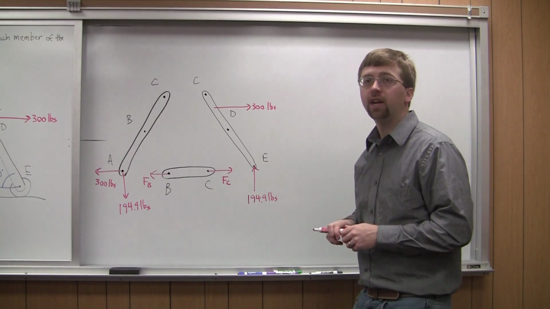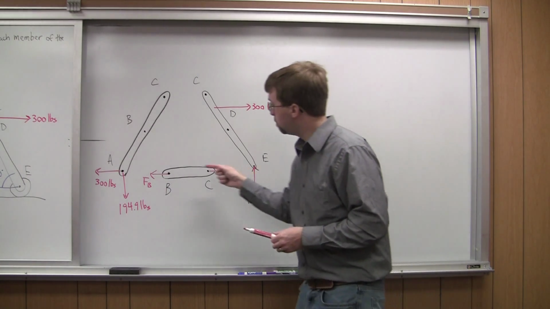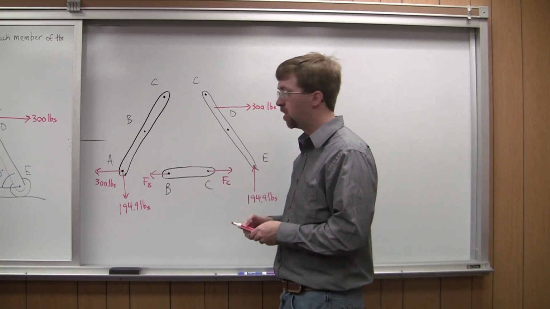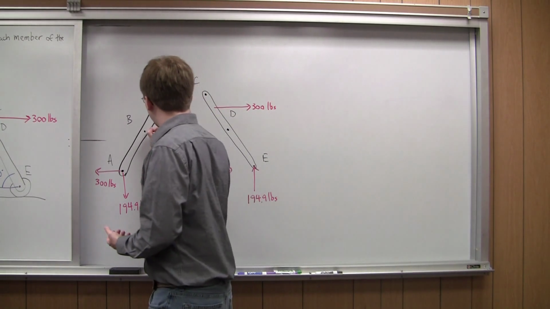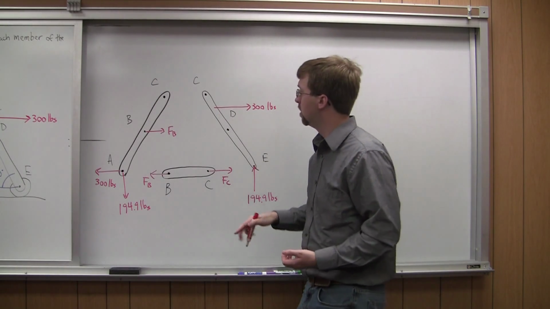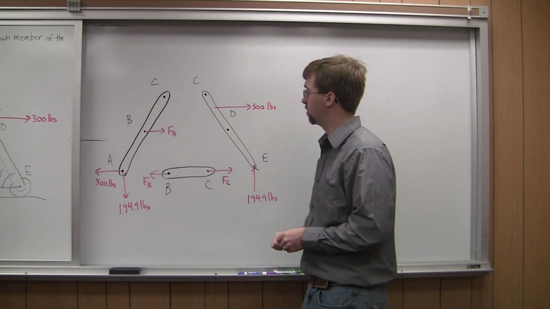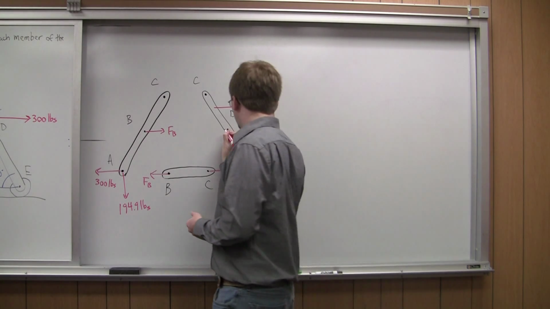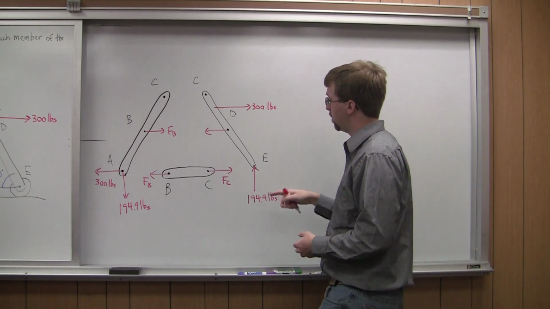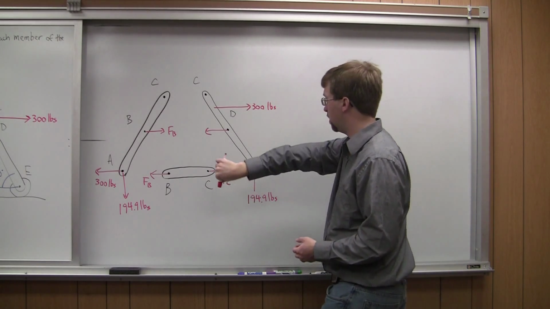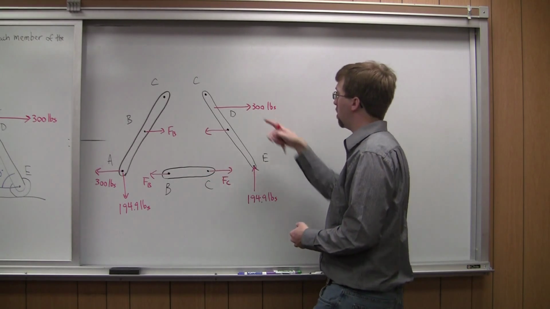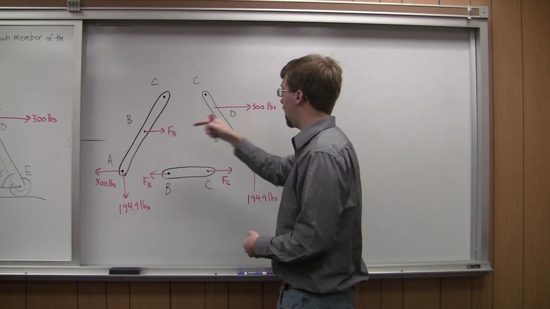I need to draw in the pair that goes with this. So if we've got a force FB pulling this way on our two-force member, we have to have an equal and opposite force where it's connected up here. So we would have force FB at the joint B connection pieces right there. Same thing with FC. We've got an equal and opposite force pulling on this member CDE. So CDE is pulling on member BC in that direction with a force FC, and then BC is pulling on CDE with the force FC in that direction, equal and opposite.